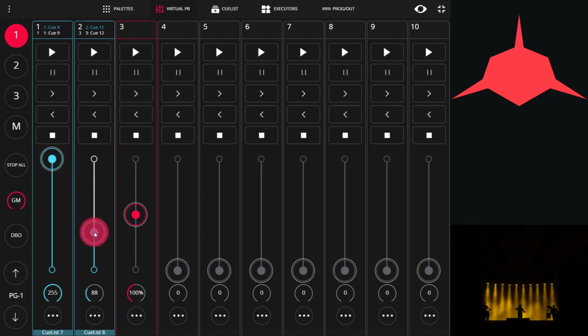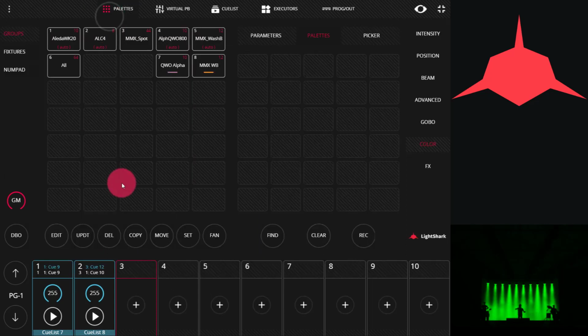through our show. So whether we want to fade slow or quickly, we're able to follow the scene on stage and adjust the fade time accurately. Enjoy this setting and more here in the Lightshark.